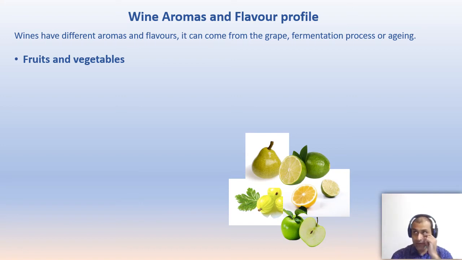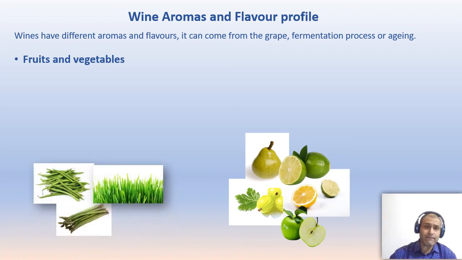This is a general flavor profile for white wines that come from cooler areas. Then wines can also have the vegetal side of the aroma and the flavor profile, which is cut grass, asparagus, tomato leaf, green beans, cucumber,